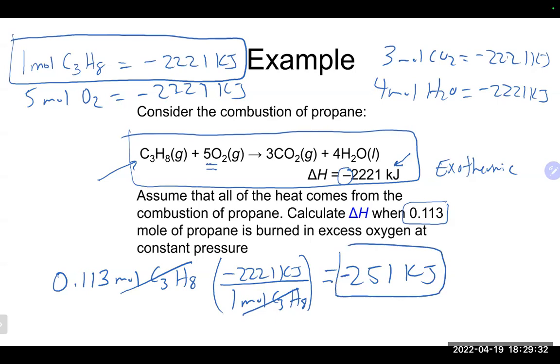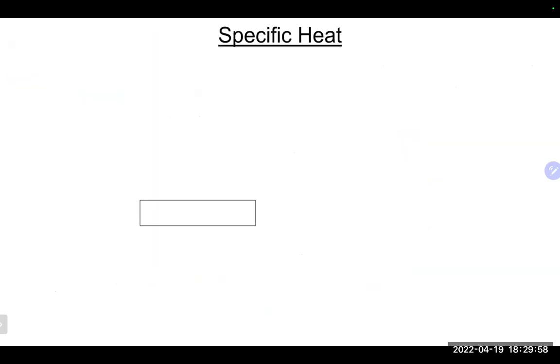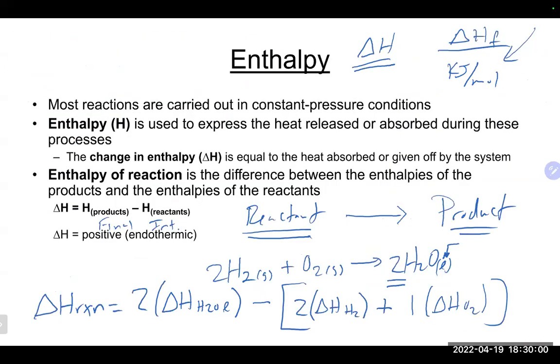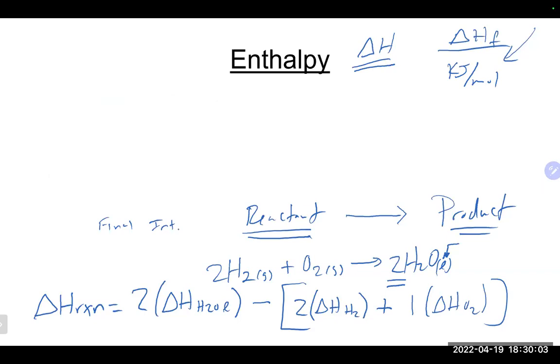So 1 mole gets us about 2,200 kilojoules of energy being released. About 1/10 of that, right? We got about 1/10 of the energy that's going to be released from that, and we would have minus 251. So this is another way that we commonly will use delta H values in an equation to help us determine things. Any questions on that calculation there? Now, before we get there, we can also look at an equation and